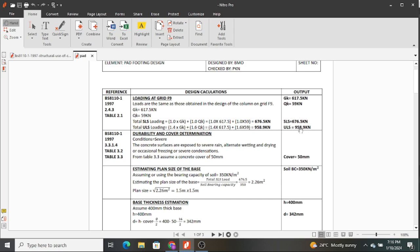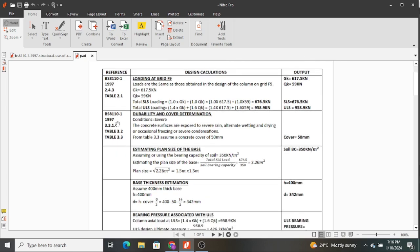Now today you will notice that we will proceed to use the ULS even after using SLS for sizing of our pad footing. So the next thing you determine is durability and cover. This is easy to determine, and you first of all consider the conditions that the element is to be subjected to, and this being a footing, it could be subjected to water,